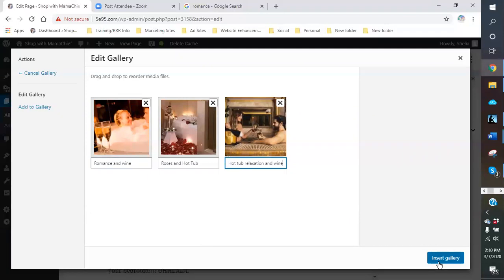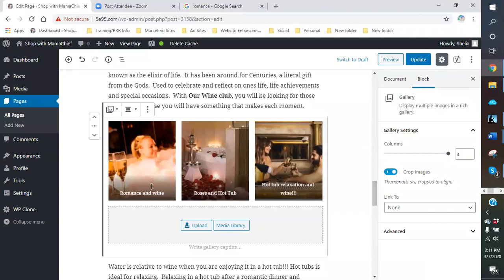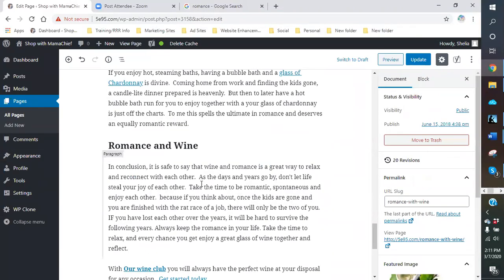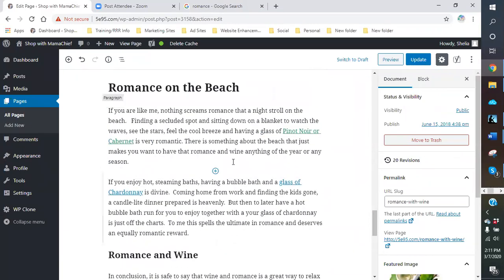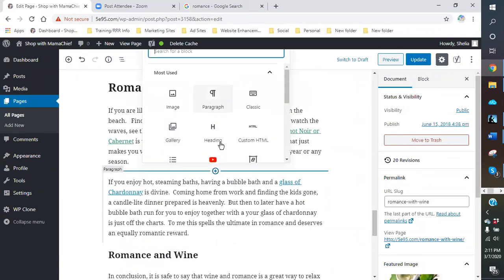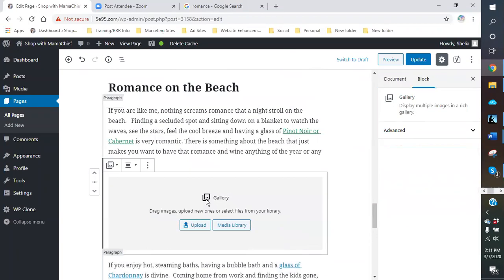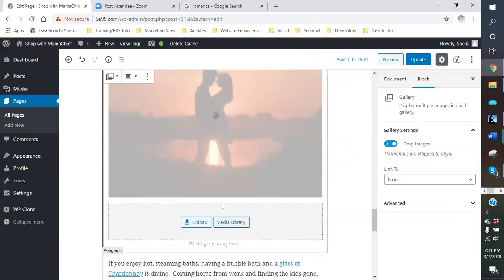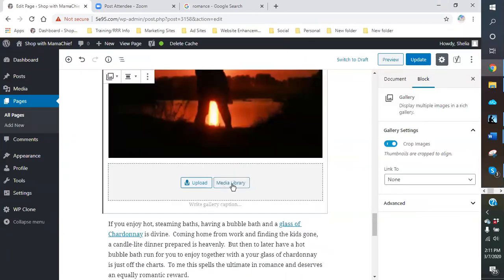All right, so there's that. Insert that to a gallery. So there's that one. Okay. And then our last one is the beach. And again, I'm going to do a gallery because there's just so many beach scenes. You can't go wrong with the beach scene. And I want to upload this one in particular because I like it. And then I'm going to add from my media library